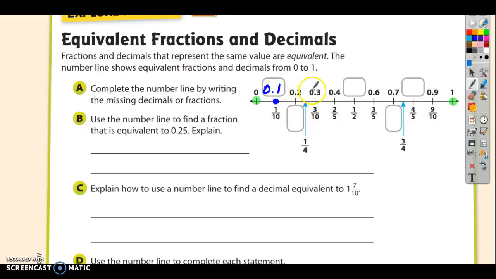The next one's 2/10, 3/10, 4/10. Obviously, based on the pattern, the next one has to be 5/10, 6/10, 7/10. 0.8, 0.9, and then the last one would be 1 whole. So most kids understand the decimals pretty well. Sometimes the fractions get a little bit tricky though, because if you just look at the bottom here, if you were to write 1/10 and then 2/10 here, and then 3/10, that's a perfect pattern, but then